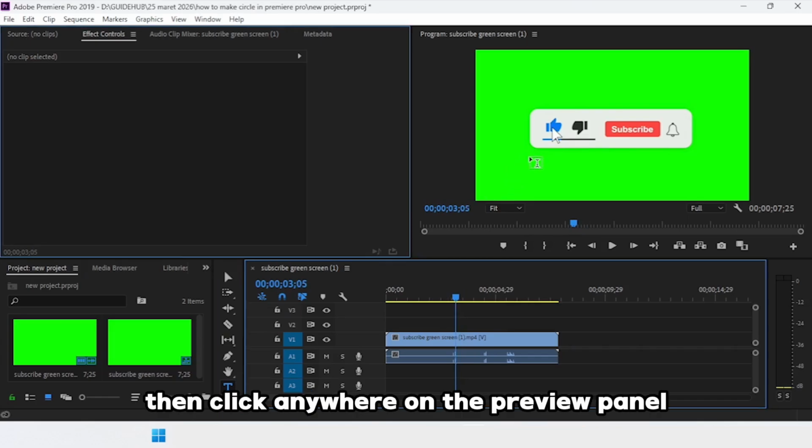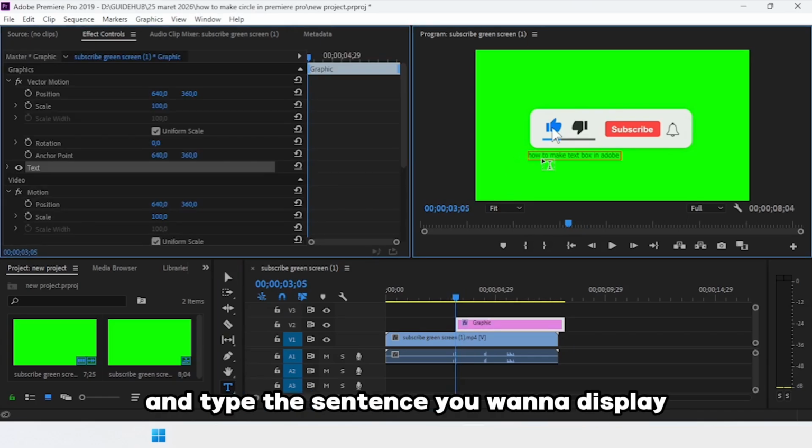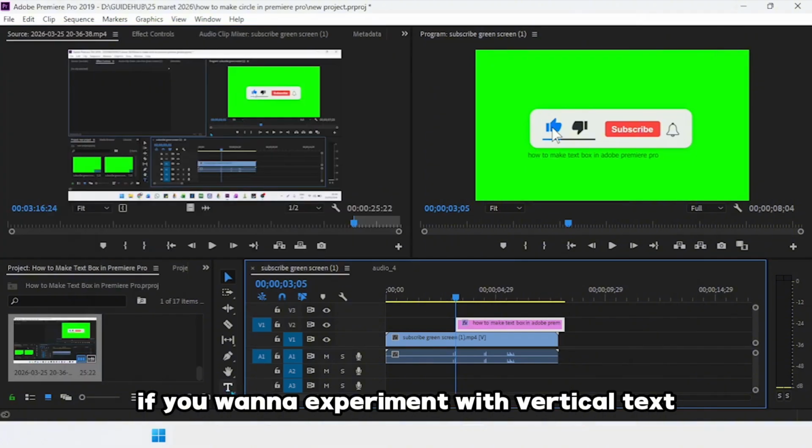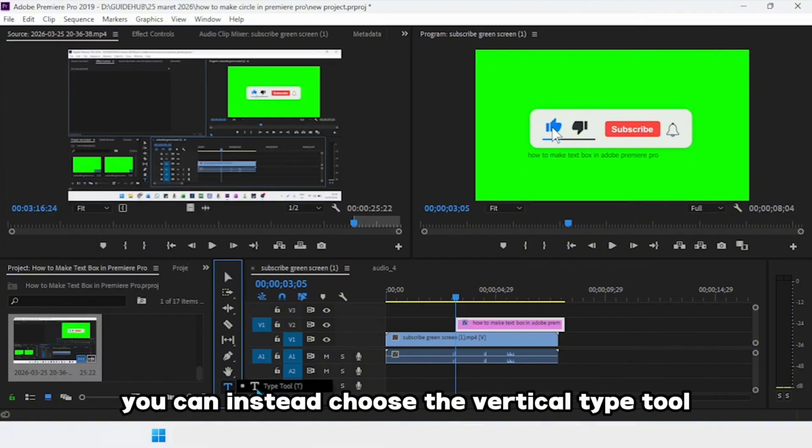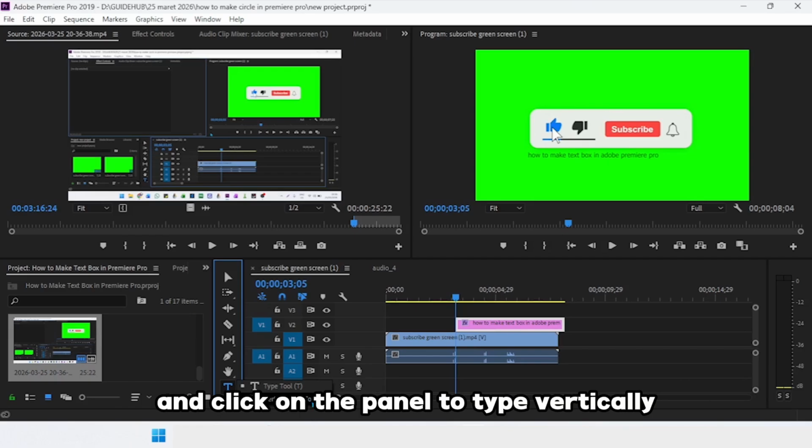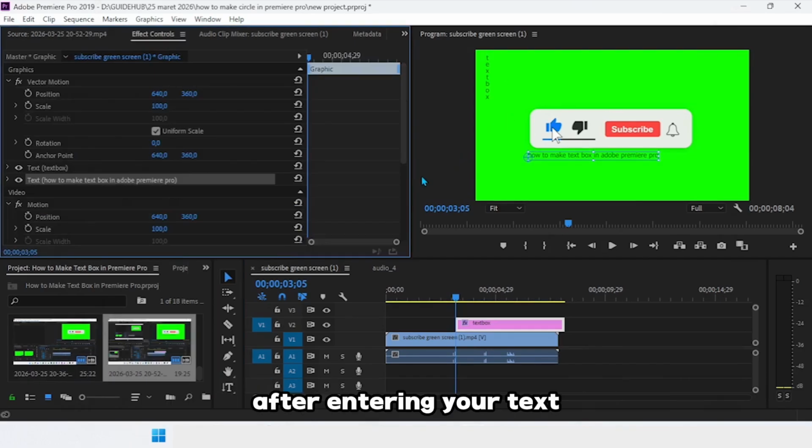Then click anywhere on the preview panel and type the sentence you want to display. If you want to experiment with vertical text, you can instead choose the Vertical Type tool and click on the panel to type vertically. After entering your text, go to the Effect Controls panel and locate the text settings to